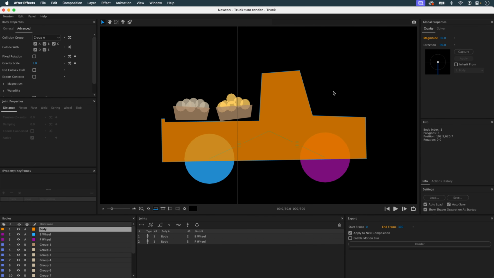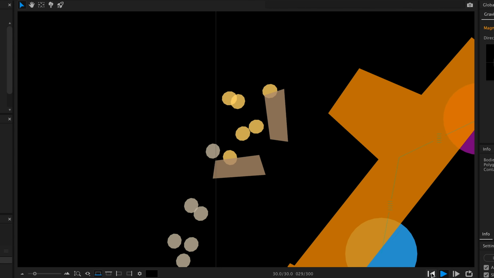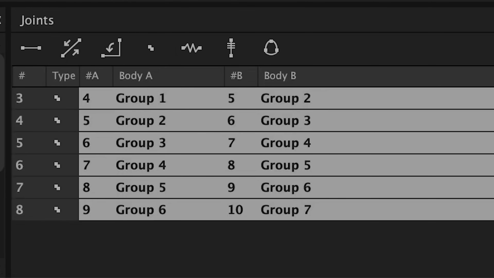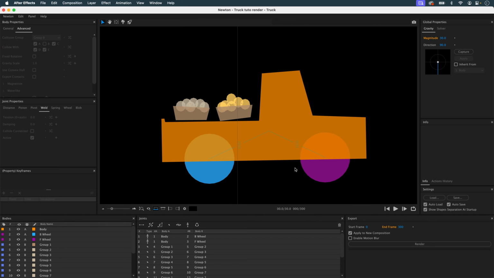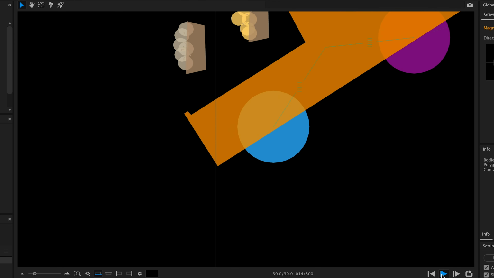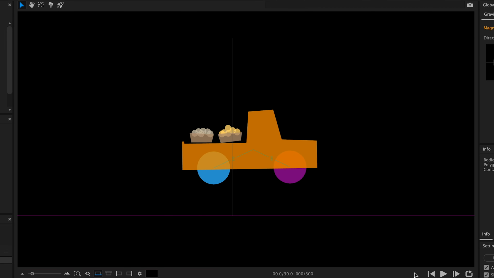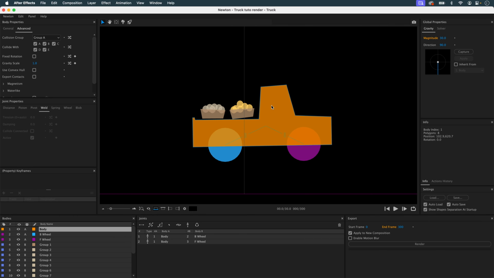I'm going to put my car body back into dynamics, and if I run my simulation, we see that everything explodes. So to remedy this, what we're going to do is take the contents of the baskets and the basket, and we're going to link them all together with weld joints. And now what's going on? I've got my baskets back just as I had them before. As if they were a single object, everything comes to life at once. What I'm going to do is give them the same animation as my other objects.